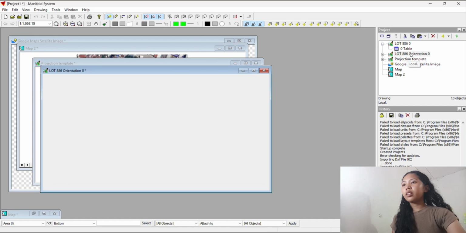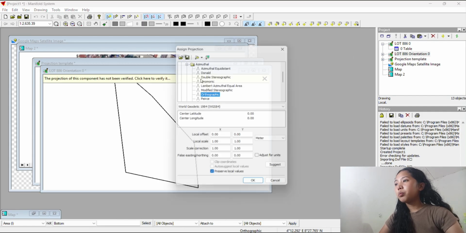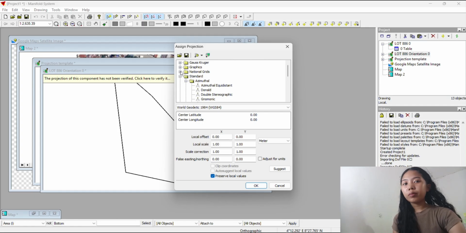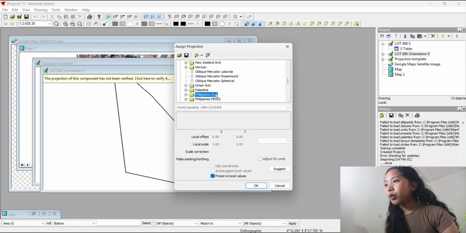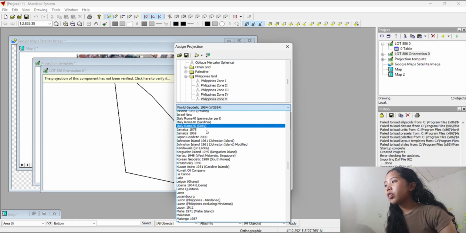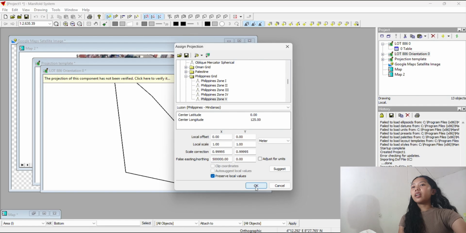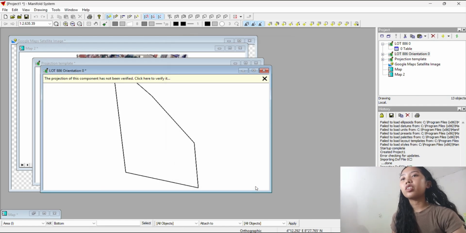Then close, no, minimize, go again to Manifold, then file, import, file import, then drawing, then select lot number and orientation, open, unselect projection template, and strip format tags. Okay, then select lot number orientation.